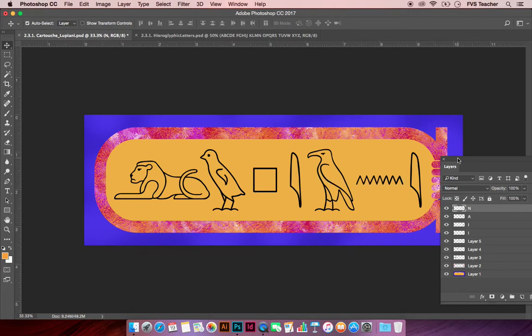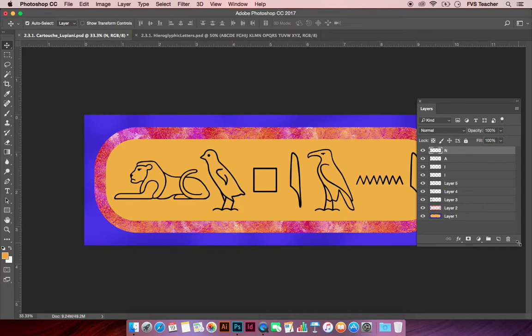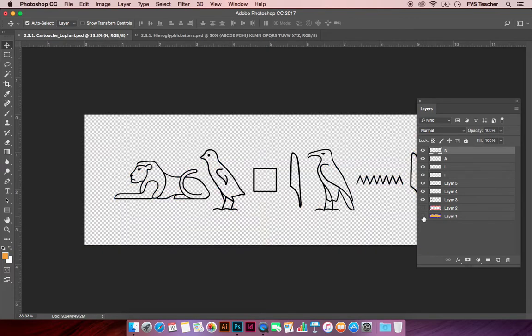L-U-P-I-A-N-I. But now all these different letters are on different layers, and I want these to be on the same layer. So I'm going to, just for a moment, turn off the layers that I don't want to merge together, which are these 2 layers here. The rest of the layers are each of the letters in my name, and these are the ones I do want to merge. So now that I have the letters of my name visible and the other 2 layers, the outline of the cartouche and the background layer, not visible,